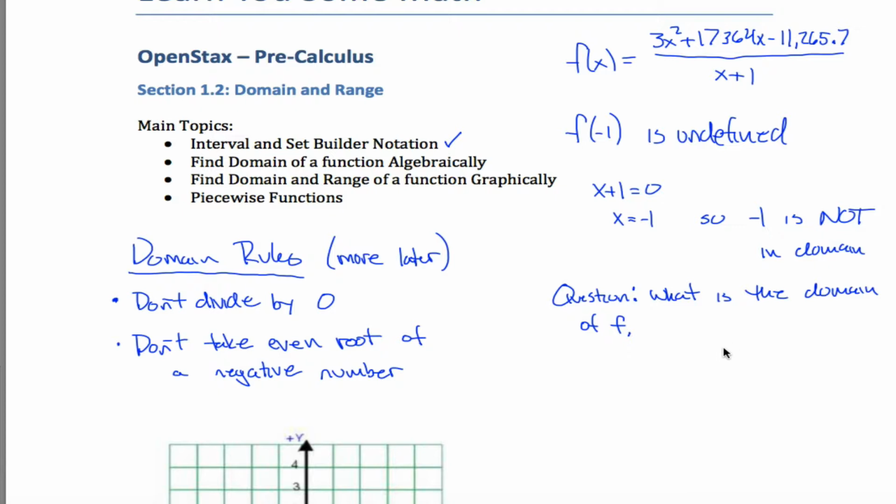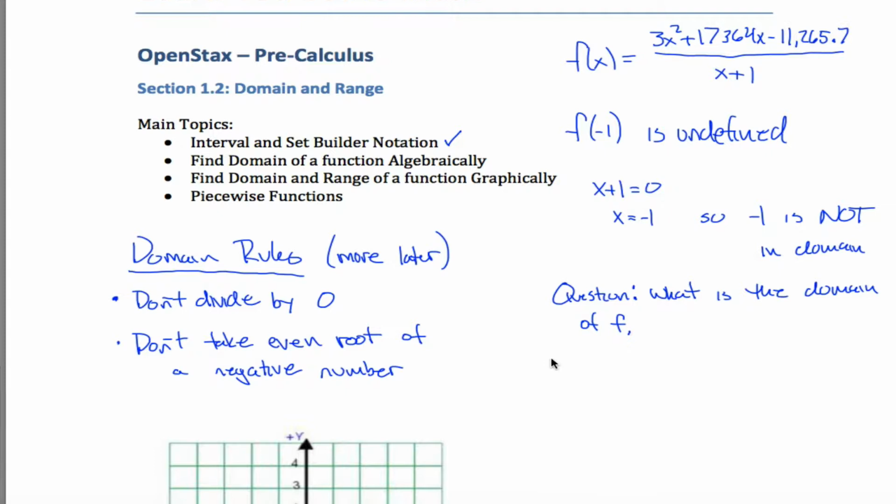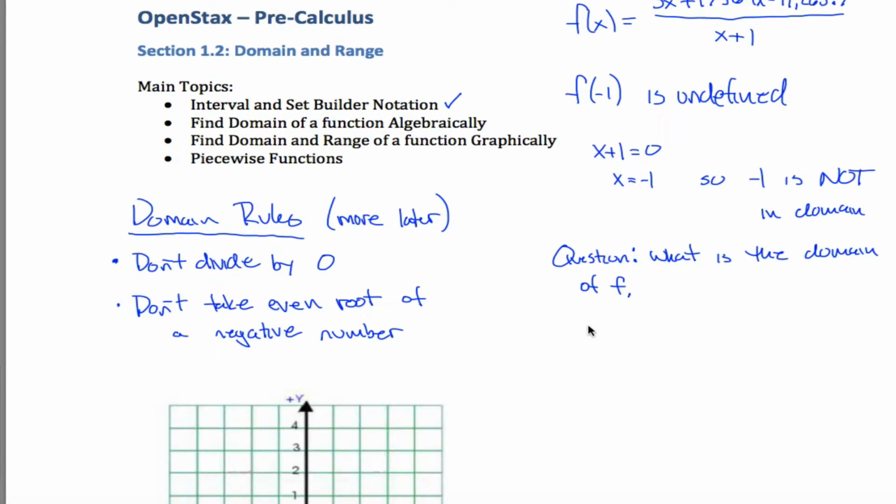So negative 2, negative 3, 5, 13, pi, 32 sevenths, 0.95, the square root of 2. The point that I'm getting at is there's a lot of numbers in your answer. There's infinitely many numbers in your answer. So you need some special way of writing them, and the special way of writing them is interval and set builder notation, which, as we learned in another video,